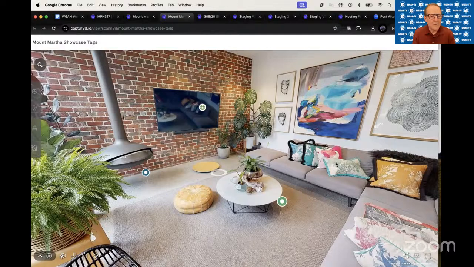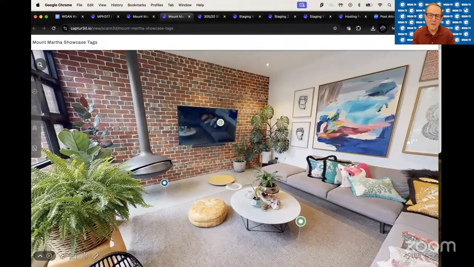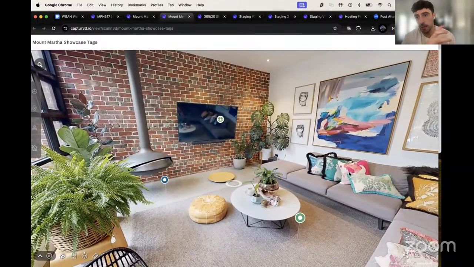I'm curious. Do you have clients that actually create some tags in Matterport and some tags in Captured? Yeah, absolutely. The tags in Matterport and Captured kind of fulfill some different purposes. The captured tags are kind of focused more on custom branding. So within the captured tags, you can customize the color of the billboard that pops up, the modal, or the color of the text within the tour, or even a custom icon upload. So that could be a custom company logo, or favicon or icon on the captured tag. So there's a little bit more bespoke branding that you can add into captured tags as opposed to meta tags. So there's kind of differences for both.